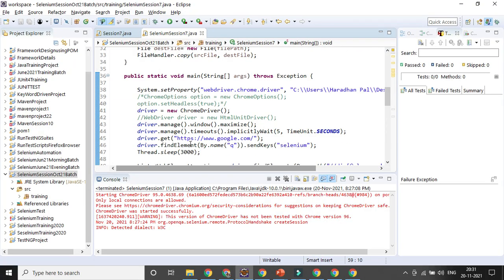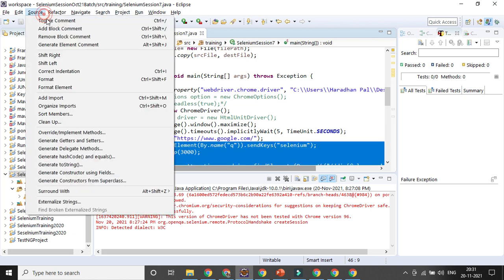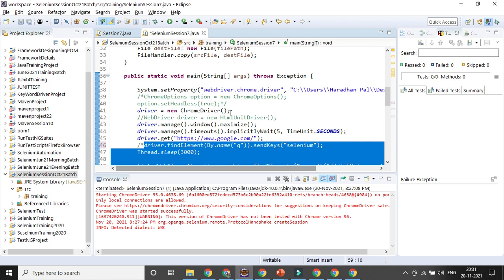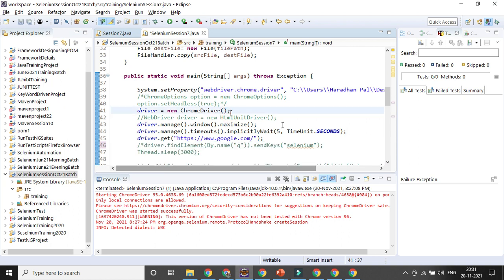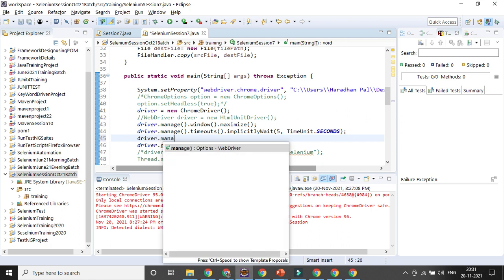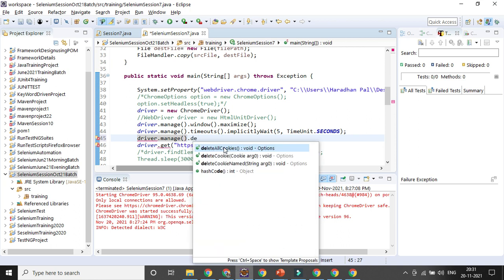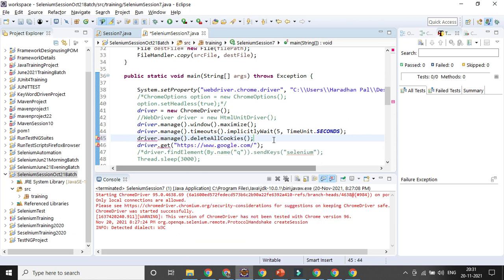It will be very helpful to remove all the history, and it will take less time to execute. So before opening any page, I can use the delete all cookies option. It will be driver dot manage dot delete all cookies. With that I can delete all the cookies.